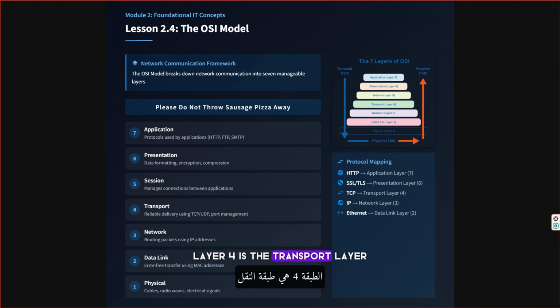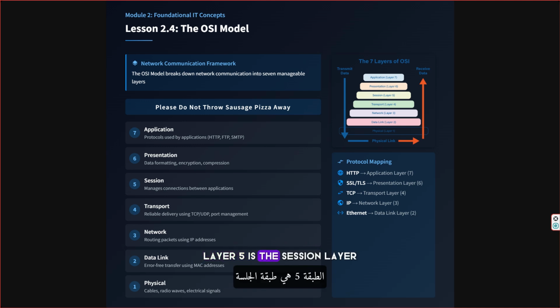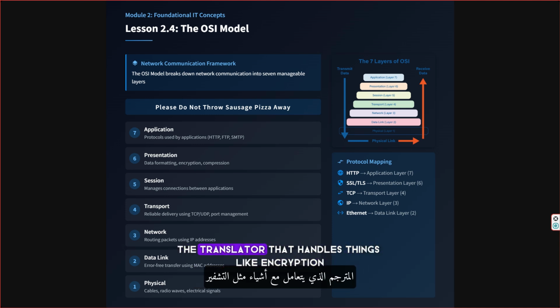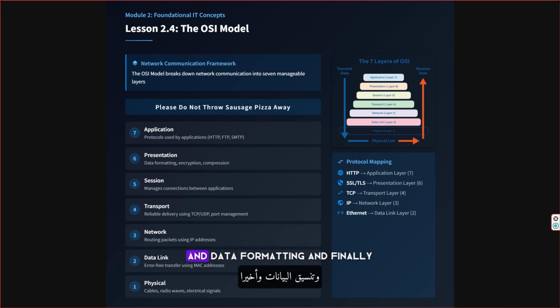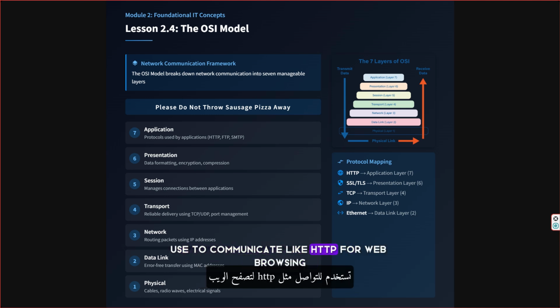Layer 4 is the transport layer, ensuring reliable delivery using protocols like TCP and UDP. This is where the concept of ports lives. Layer 5 is the session layer, managing connections. Layer 6 is the presentation layer, the translator, that handles things like encryption and data formatting. And finally, Layer 7 is the application layer, which contains the protocols that applications use to communicate, like HTTP for